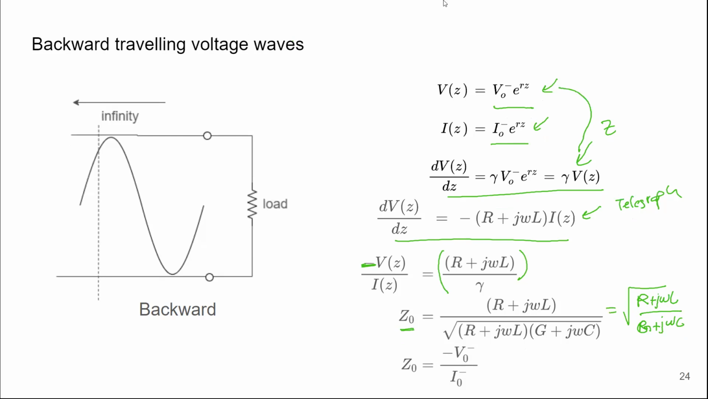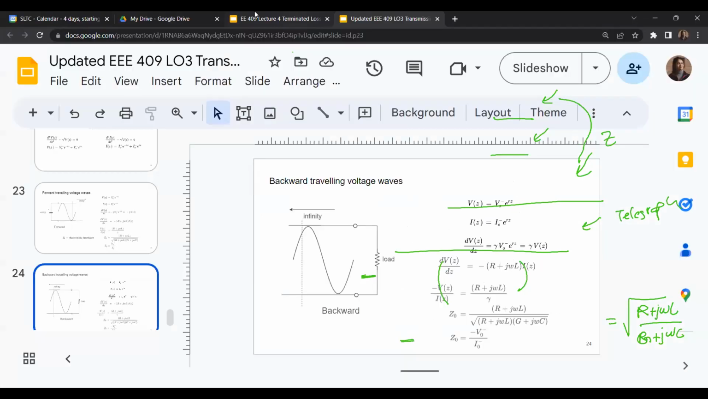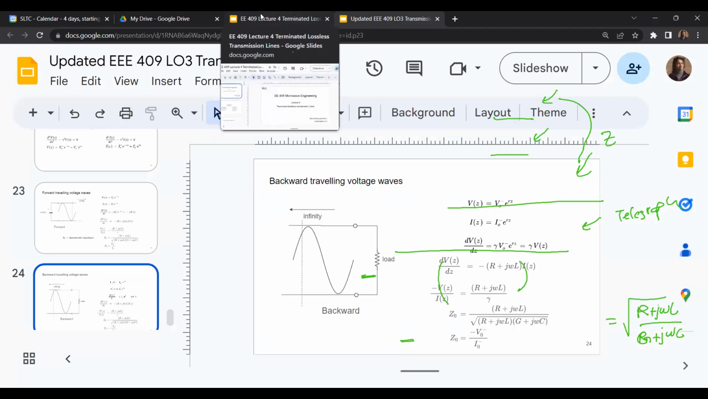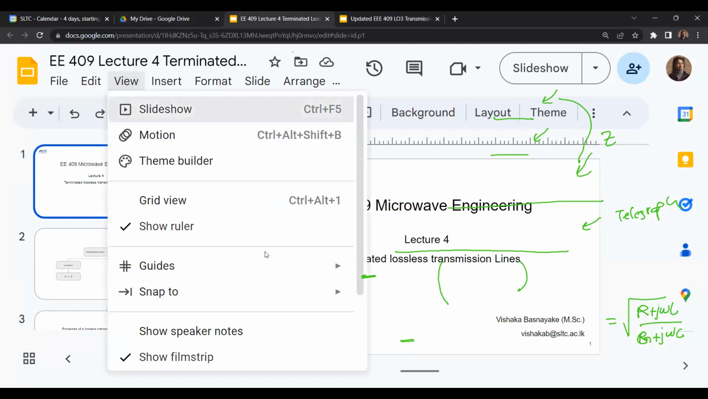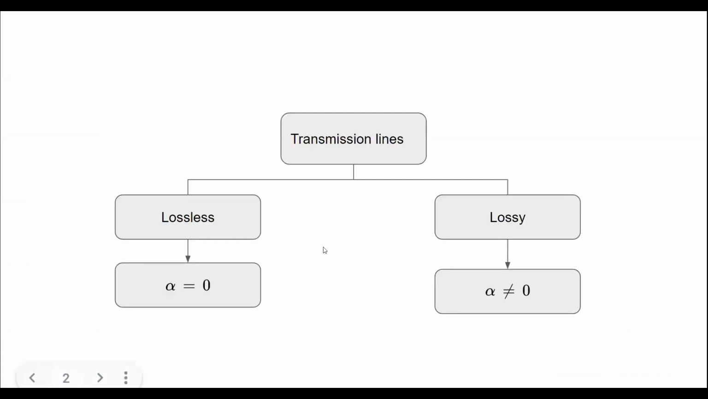So we have obtained those equations for the characteristic impedance. So now we know what is the impedance of a transmission line circuit to propagate a certain wave from one point to another point, right? So the transmission lines, right,